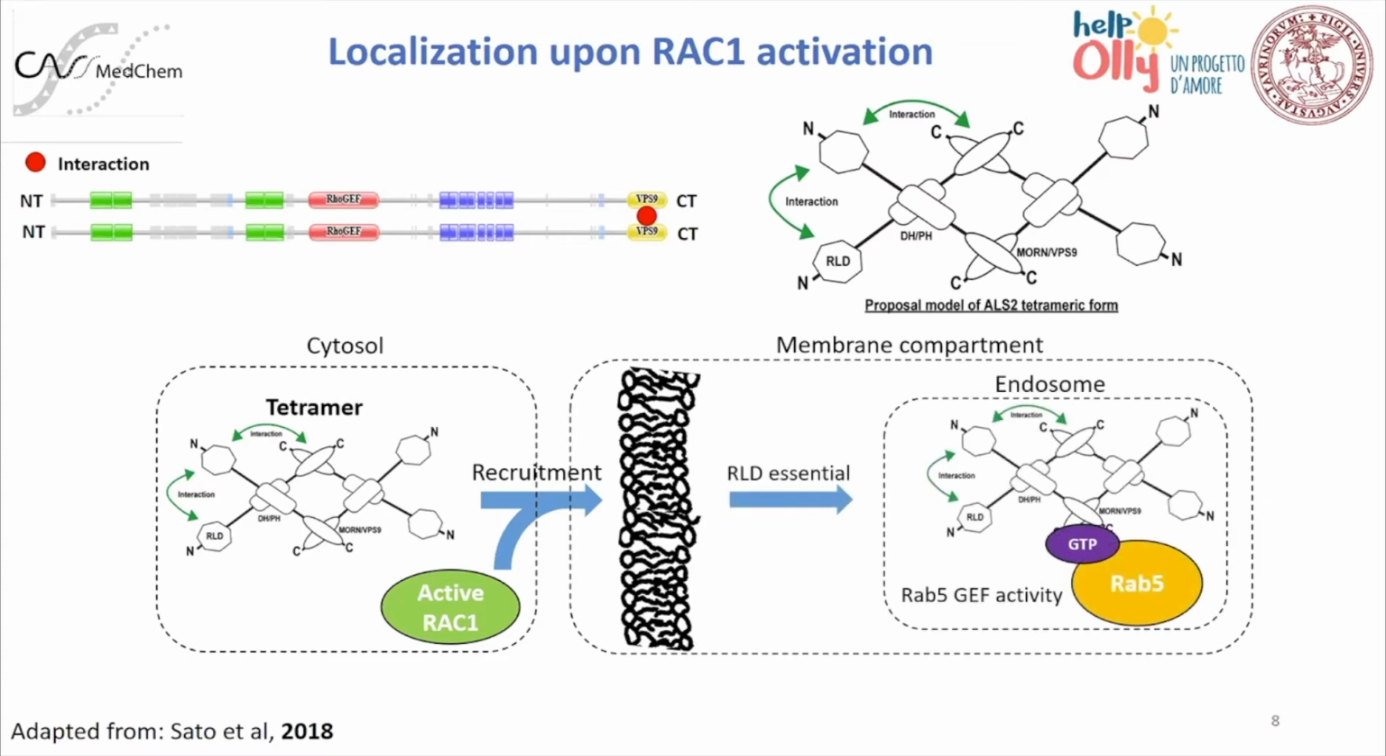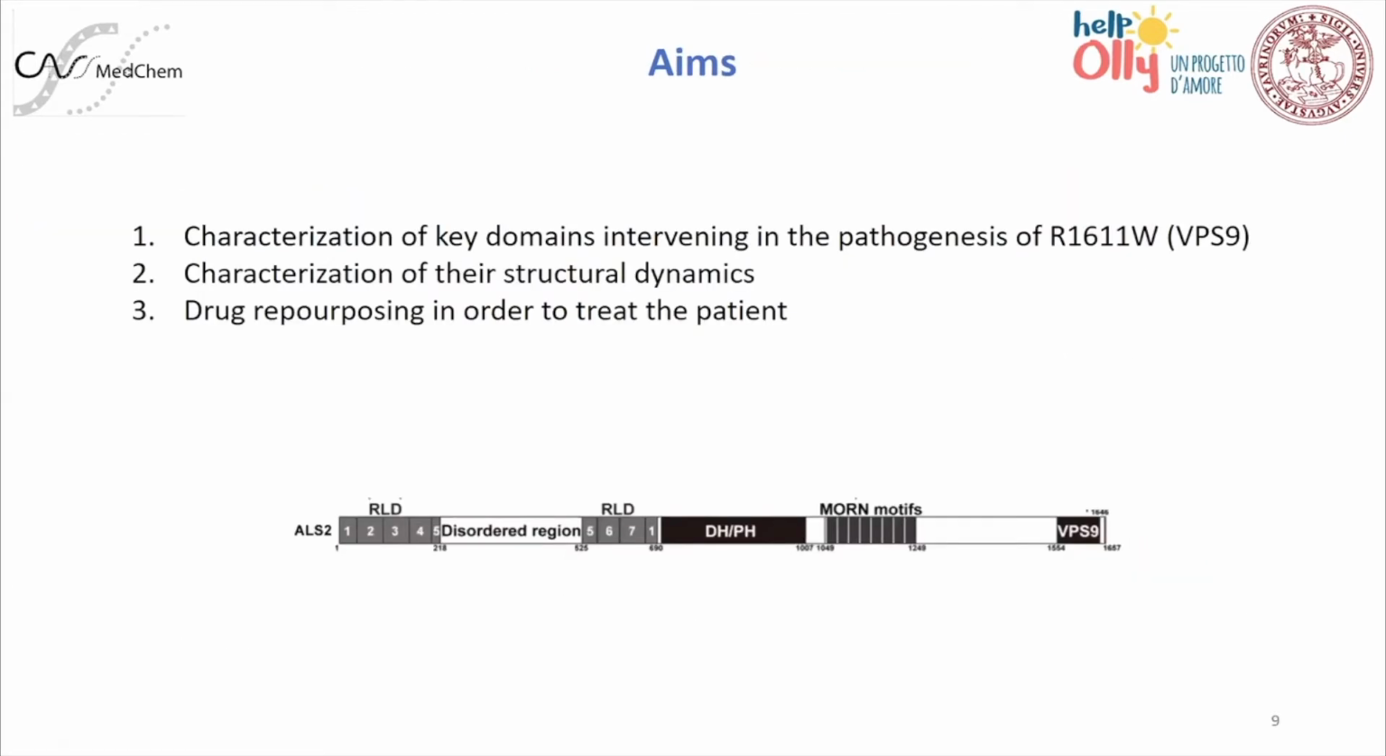Then, in a way which is dependent on the functionality of the RLD domain, the tetramer can then go to the early endosome and then interact with Rab5. When the VPS9 domain is impaired, all of this is basically not happening, and Alsin is unable to perform its function. So the aims of our work are, first of all, the characterization of key domains which intervene in the